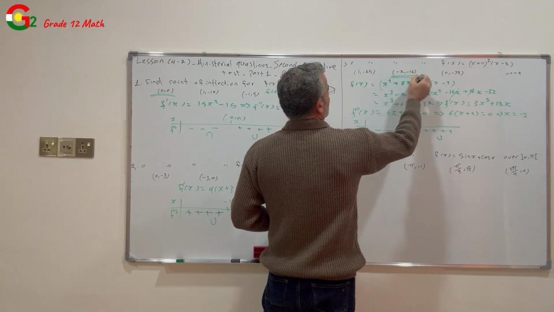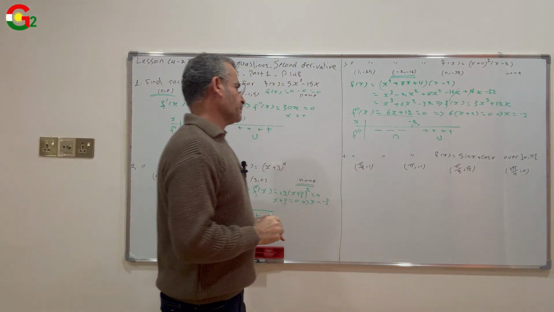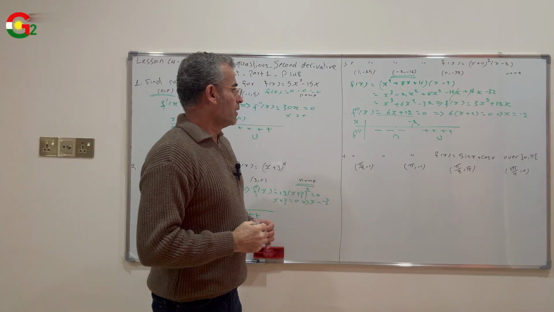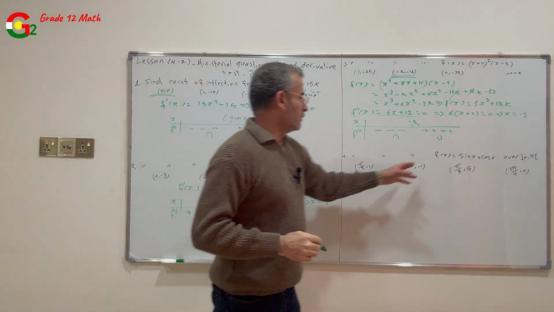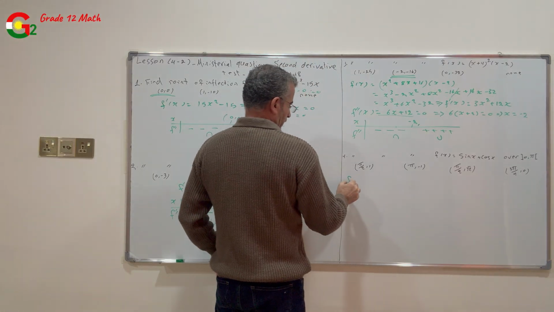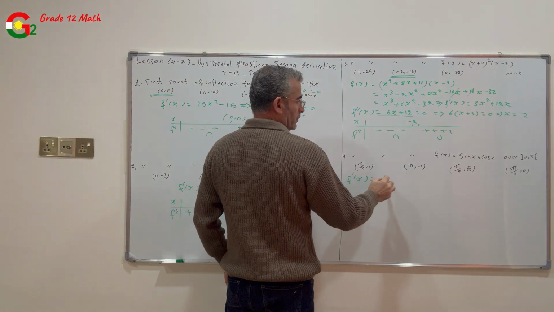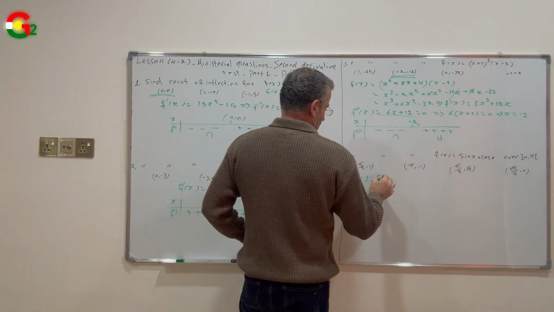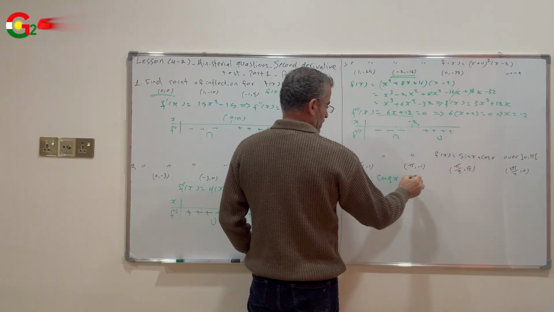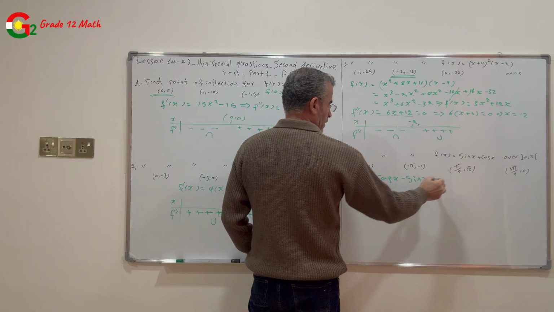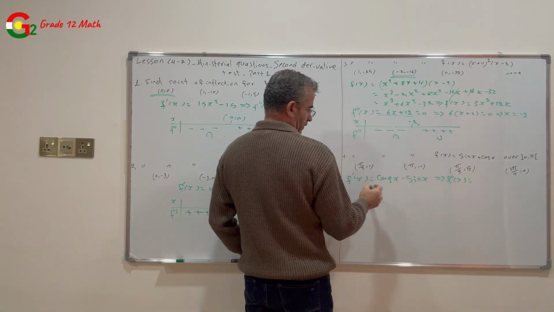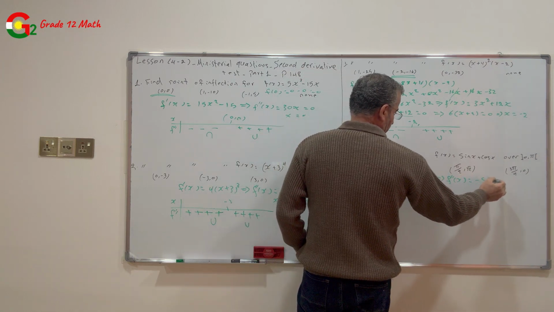Choice B. Question number 4, find the inflection point of this function over (0, pi). f prime of x equal to the derivative of sine x, which is cosine x, and the derivative of cosine x is negative sine x. The second derivative, f double prime of x, equal to the derivative of cosine, negative sine x,